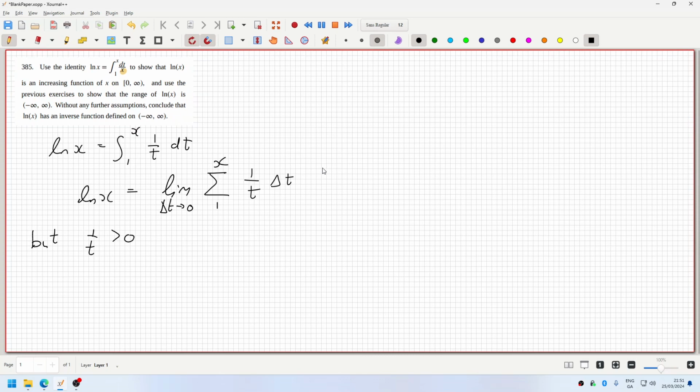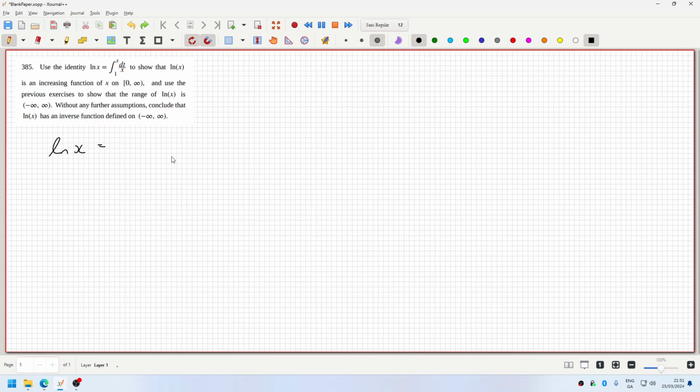So actually maybe the best way to say it is like this. Log x is the limit as delta x goes to 0 of the sum, n goes to infinity, from 0 to n, 1 over t delta t, and